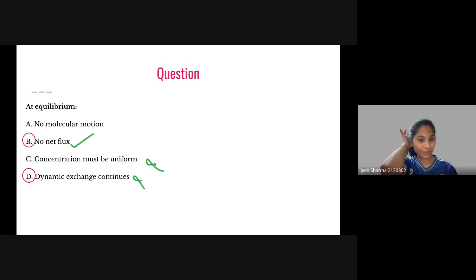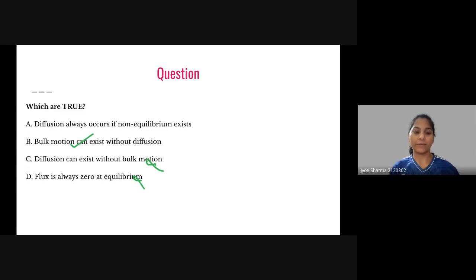Sorry, I think I have given the wrong marking. Dynamic exchange continues: no, this is not the right one. So B should be the right answer. And if we are talking about A, no molecular motion, it should be the right one. So according to me, this should be A and B, but I will clear this because I don't know if this is a mistake or there may be some chemistry that right now I don't have in mind. I think the answer should be A and B, but I will clear this because I'm not able to make any sense of D. Anyway,